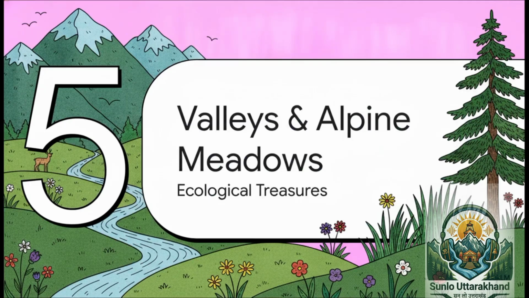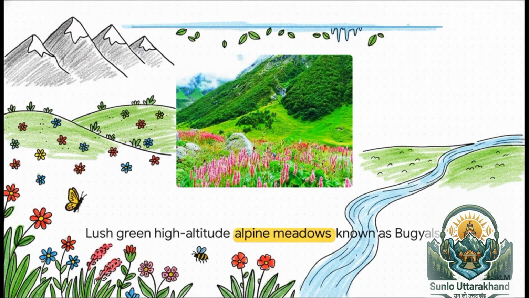Section 5. Valleys and Alpine Meadows, the Ecological Treasures. Let's move a little beyond rock and ice. You have to notice the visual relief from all that stark, rugged rock. The exact same violent, chaotic geological history that pushed up the mountains also created these incredibly lush, high-altitude alpine meadows, which are locally known as bugyals. Places like the famous Valley of Flowers showcase an absolute explosion of biodiversity just below the snowline. It's a beautiful reminder that even in a landscape born of such intense tectonic chaos, nature always finds a space